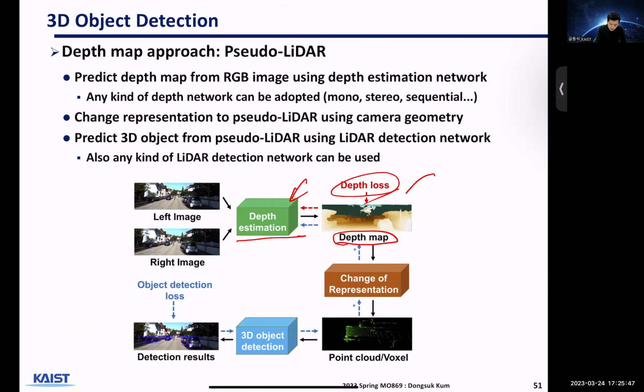So here, this part requires extra pre-training and extra data for the depth map learning process, and that can actually be very slow and computationally heavy and require a lot of annotation jobs, because depth map is pixel-level ground truth. So usually this is very hard to obtain,